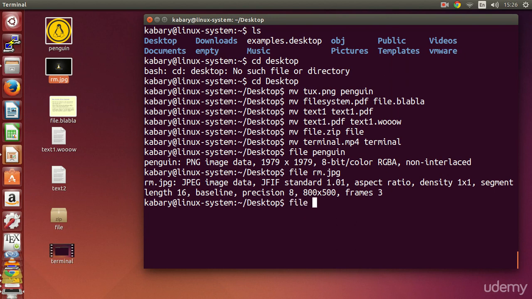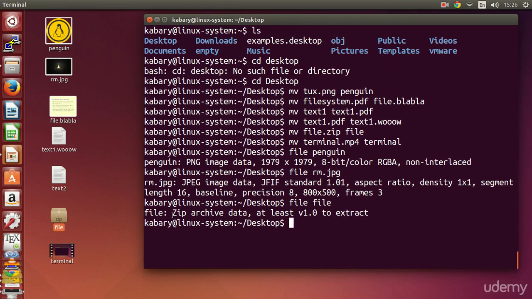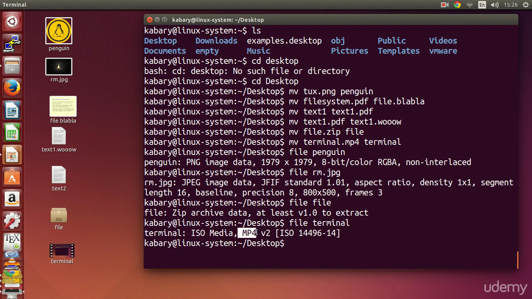And if I do a file on this one, it will tell me it's a zip file, as you can see, and here is a video. So file terminal,